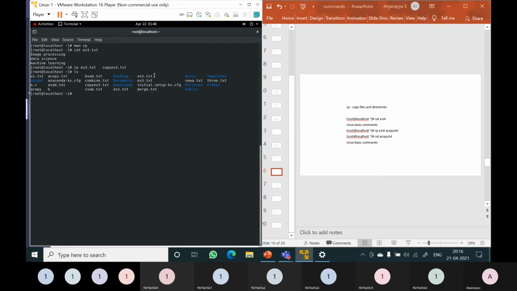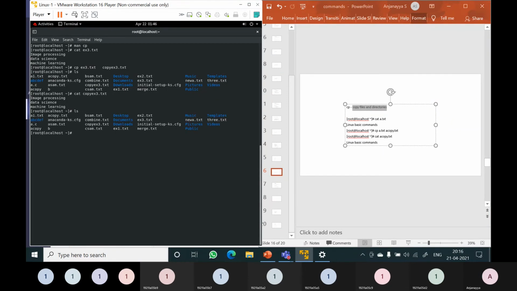Now ls. You can observe there is a file named copyex3.txt. Now you can see the contents of that file, cat copyex3.txt. The contents of ex3.txt are copied into copyex3.txt. So cp is used to copy files and directories.